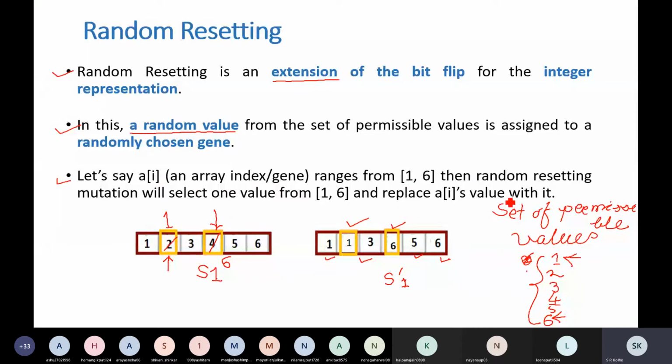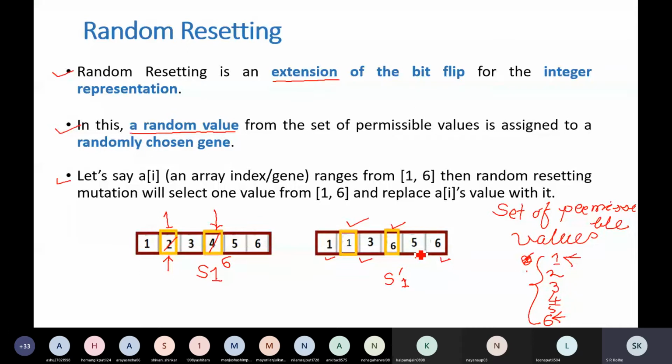There are 6 permissible values, and in this chromosome there are 6 digits, so the size is 6. Then random resetting mutation will select one value from 1 to 6, as we have seen, and replace A[I]'s value with it.